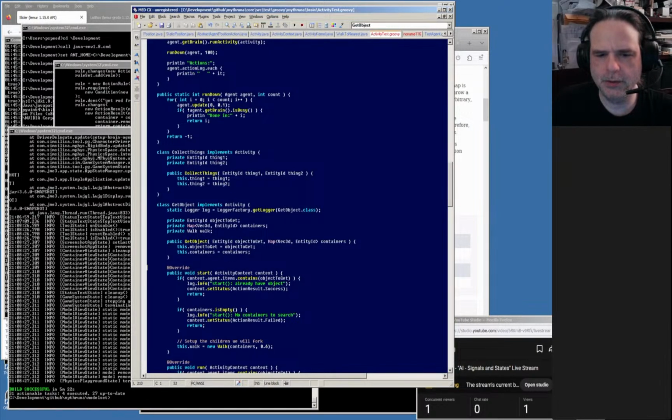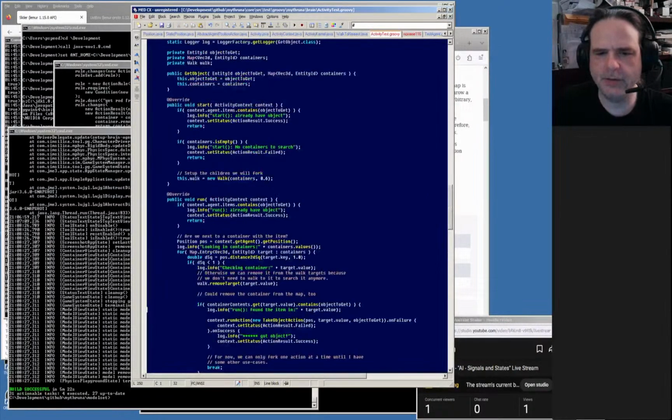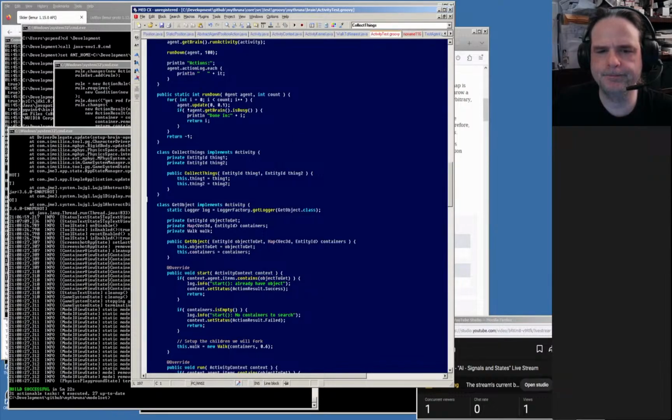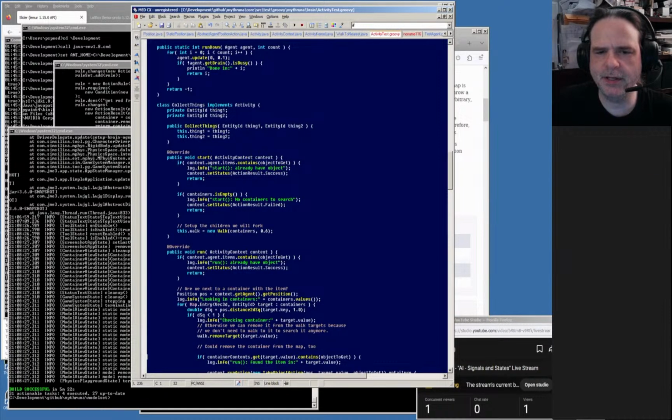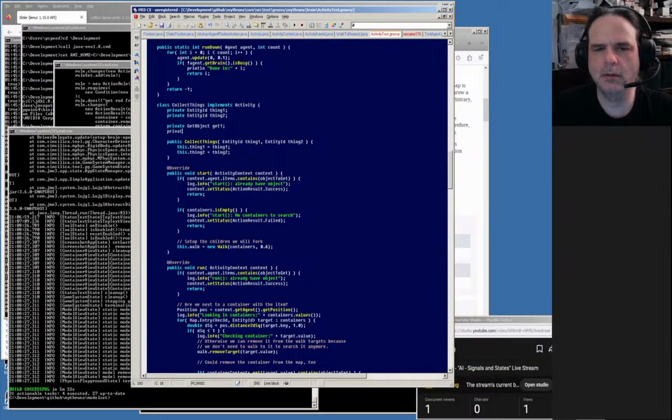And then I'm gonna steal this stuff. Yeah, so I've tried to simplify the run lifecycle for an activity so that it's a little clearer what fork means and so on and so forth. But now I've apparently broken things. Get object, get one. So if we want to